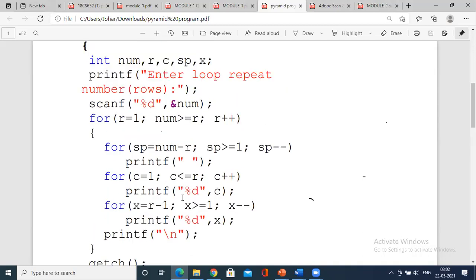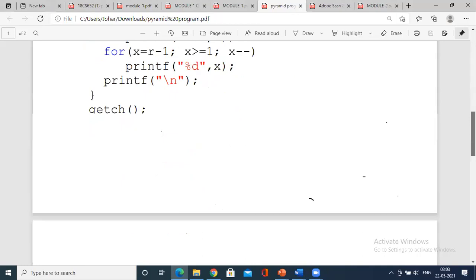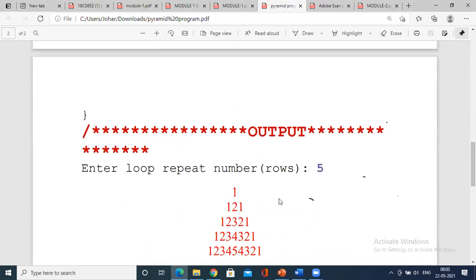Clear? So if you iterate for the first row, you will understand this very easily. So %d, c value is 1. If you could see the output here, 1 is being printed with the 4 spaces.